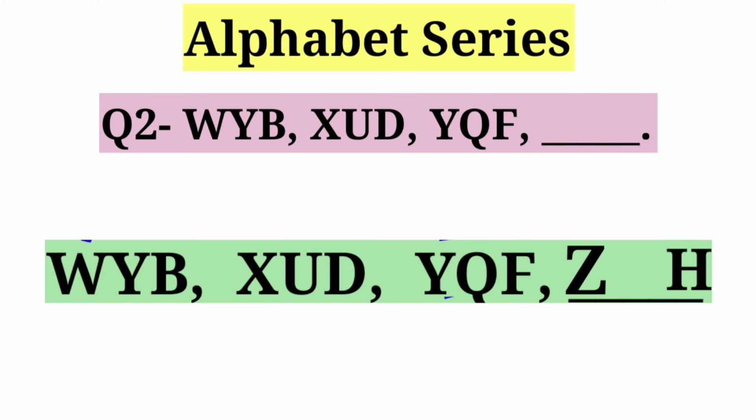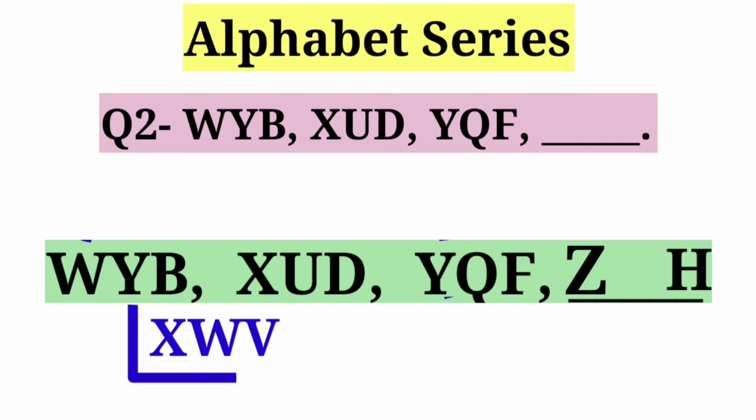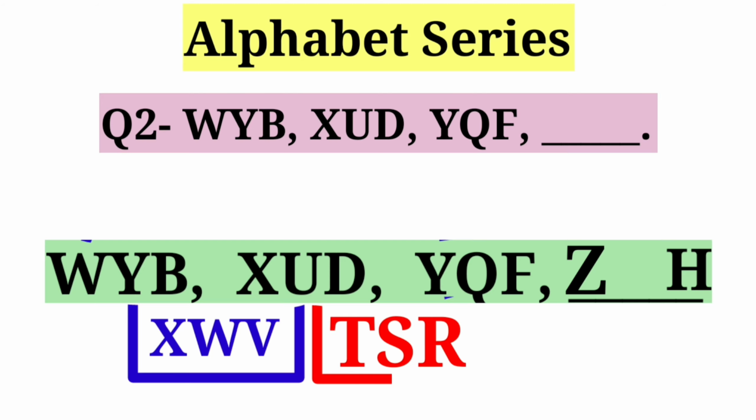Now let us compare the middle term. So the first term is Y, after that U. Now we know that there are three letters between U and Y, that is U, V, W, X and then Y. Similarly, between U and Q there are again three alphabets, that are Q, then R, S, T, after that comes U.